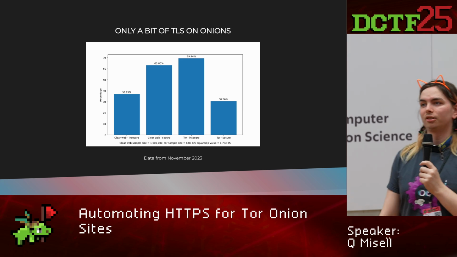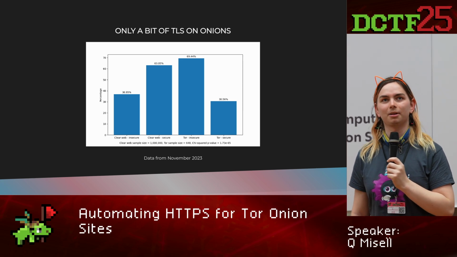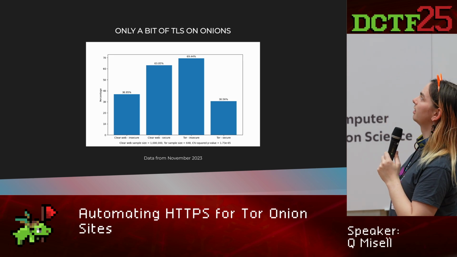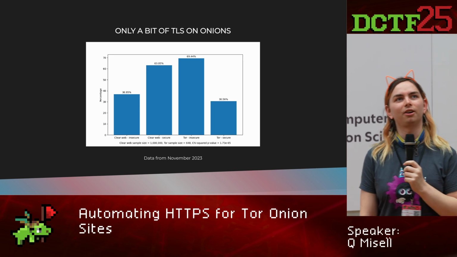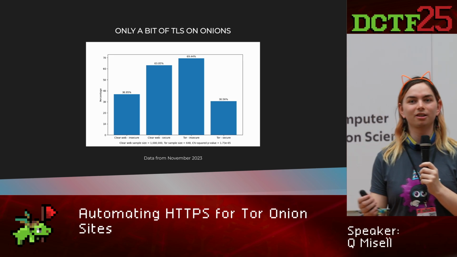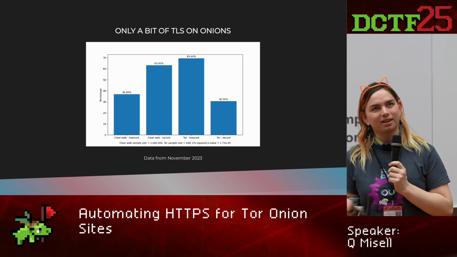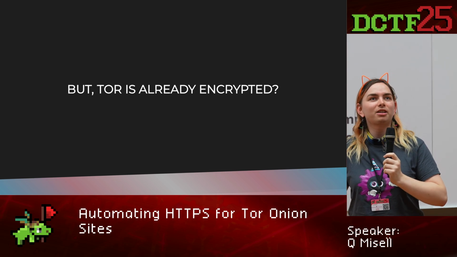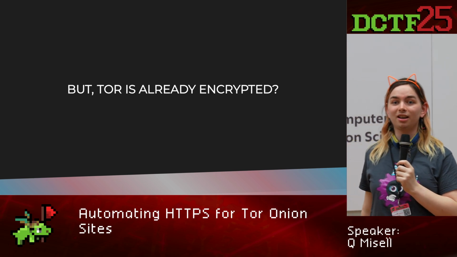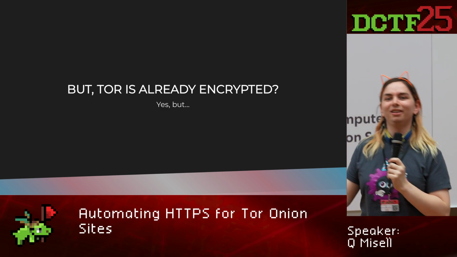Only about 30% of onion sites had HTTPS enabled on them, and there's a statistical difference when a p-value is something like e to the minus 65. But you might say, does this really matter? Tor is already encrypted. What does it matter if we add HTTPS on top of this? Well, yes, but